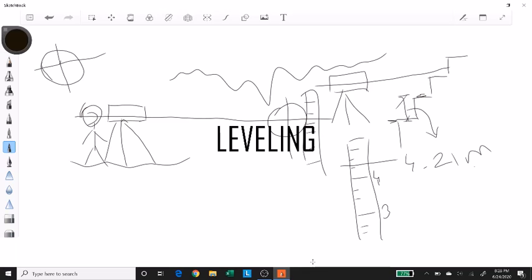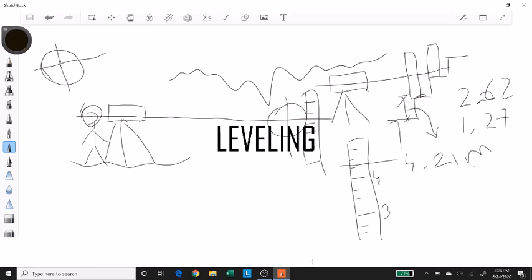This has to be horizontal. It doesn't look horizontal when I draw it, but this line of sight or your instrument has to be level, like you did in compass as well. So first you place your leveling staff over here, and let's say the reading comes out to be 2.62, whatever units. And then you place your leveling staff over here, and now the reading comes out to be